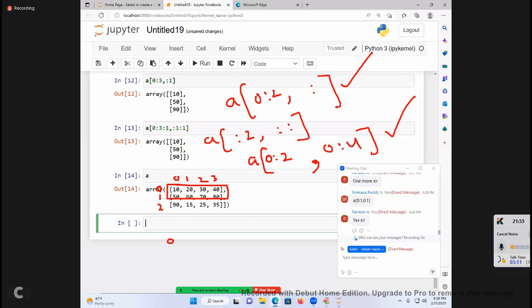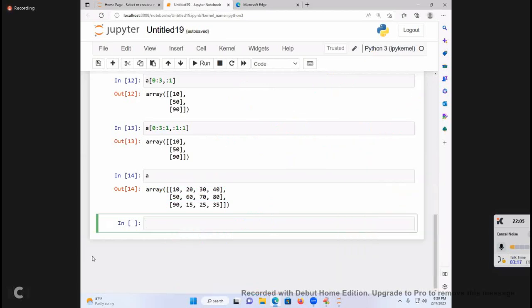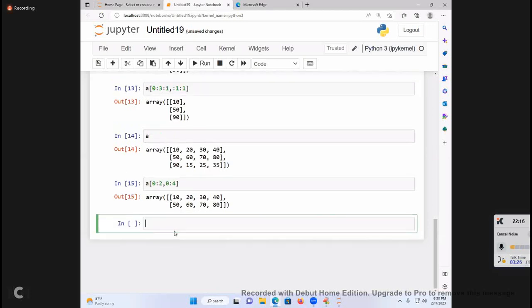A of colon 2, colon 1, comma, colon 1. See how many solutions there are? Ample solutions. A of 0, 2, comma, 0, 4. Getting or not?